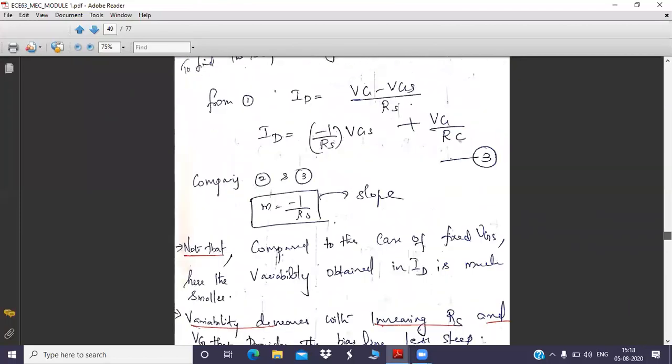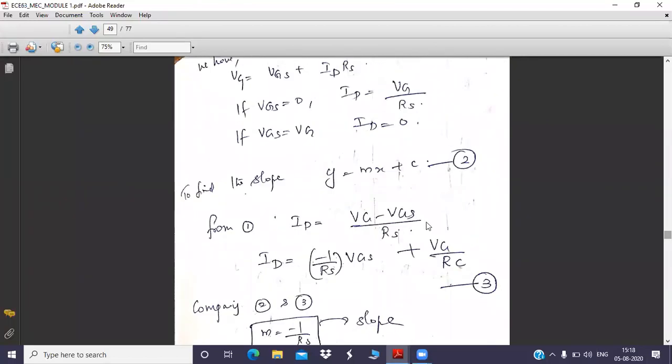Now I'll go to this. This is the equation for a line: y equal to mx plus c. A line is nothing but a locus joining x coordinate and y coordinate. So you have the x-axis, the y-axis, and the slope is m. The slope of the particular line is m, and you have some constant plus c. Don't bother about those things at all. Now this is a basic equation.